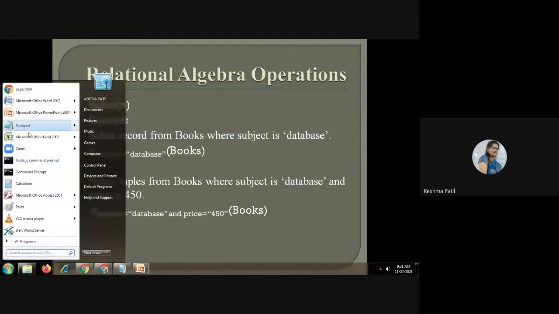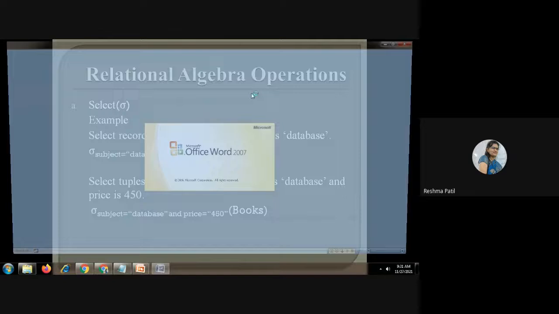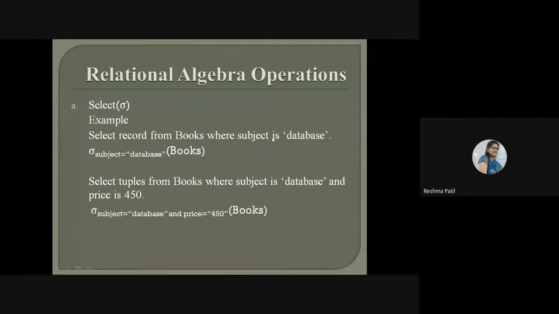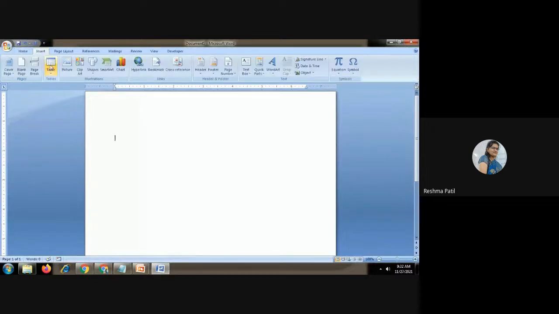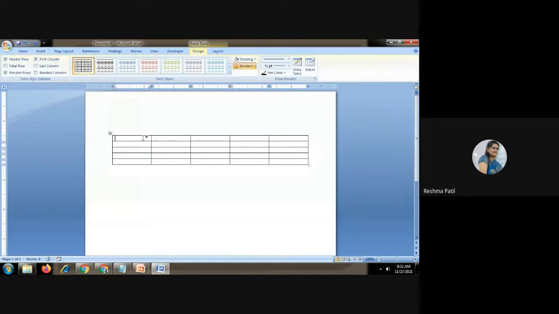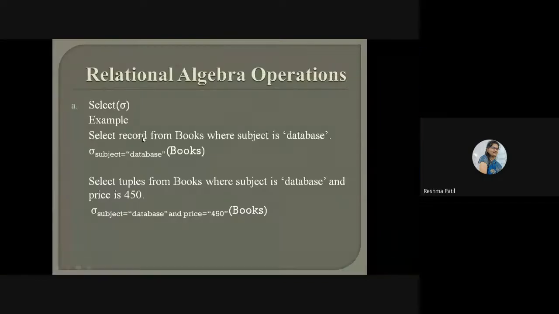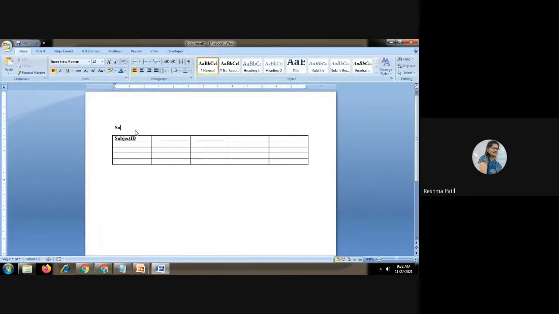Suppose we will use one table, subject. For example, we will change the fields according to our query. Here our subject should be database. So we will take one table, that is the subject table. All your core subjects will be stored here.